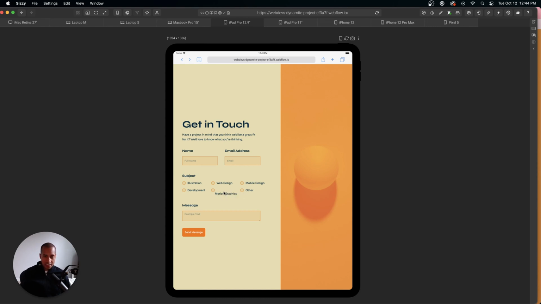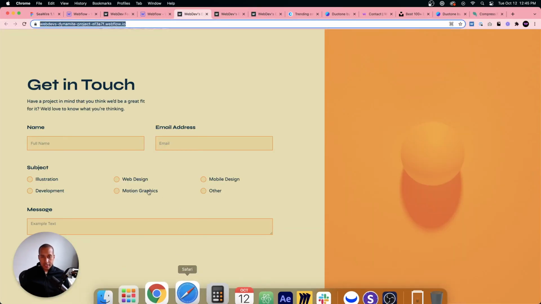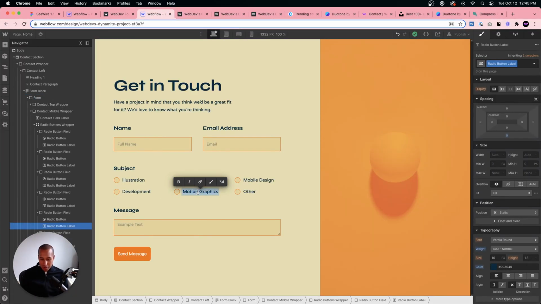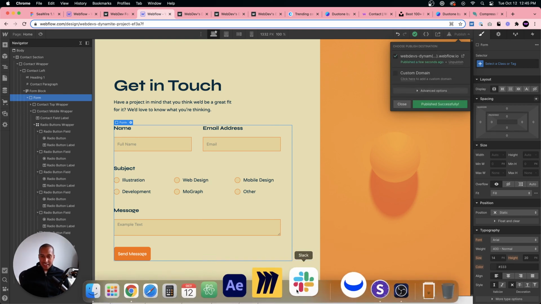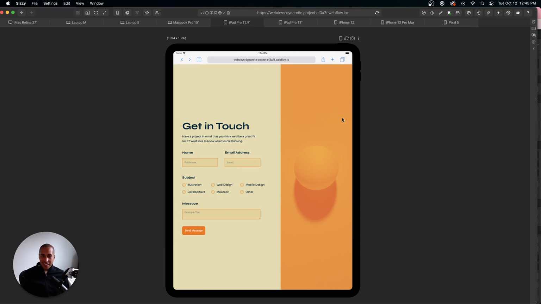I tell you, web design can just be a little bit, I'm not going to say annoying, but you're building this and you're like, just one word is too long. But yeah, what we could do is just use MoGraphics for this. I think a lot of people use MoGraph. It's kind of cheating, and I probably wouldn't do this, but I would say MoGraph. It's like a short name for motion graphics. And then we'll be all set. It's kind of a little cheat there, but we can see it looks really nice on tablet now.